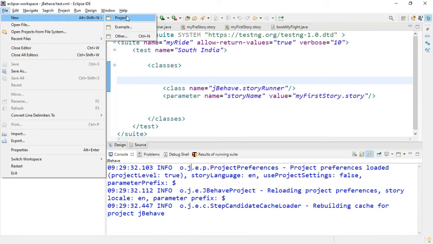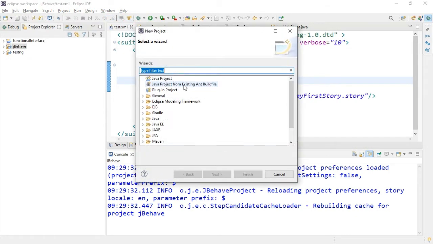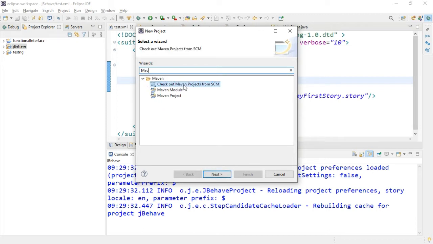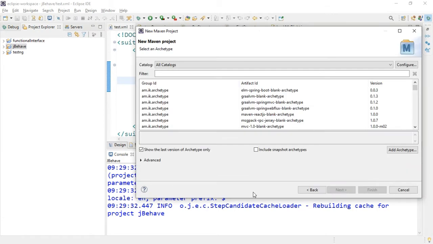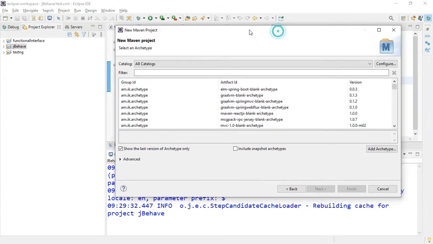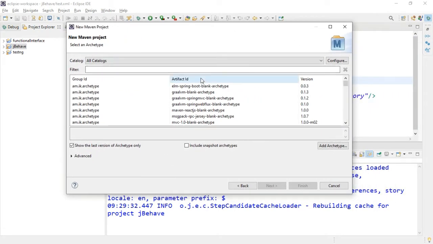Go to File, New, Project. Okay, you can see the Maven option there, right? So just type Maven project. Next. So this is the time you have to understand what is artifact and what is group